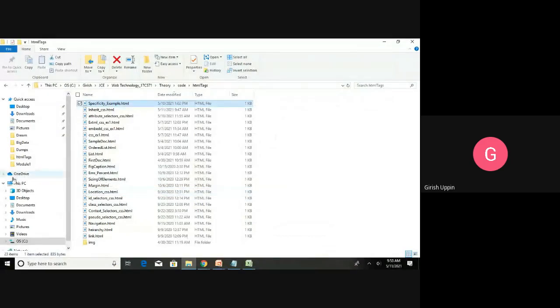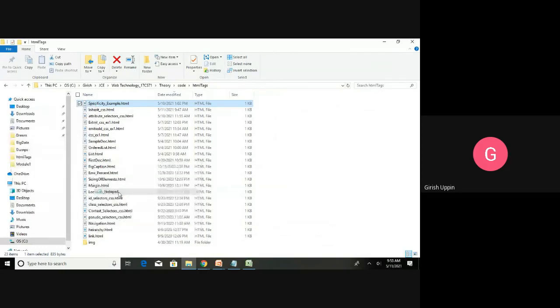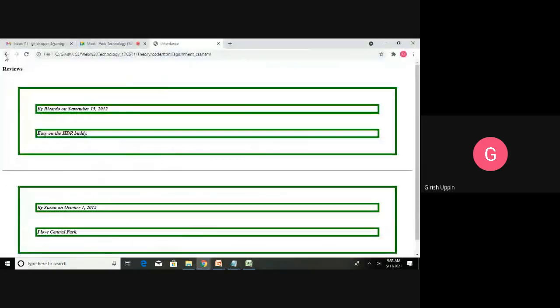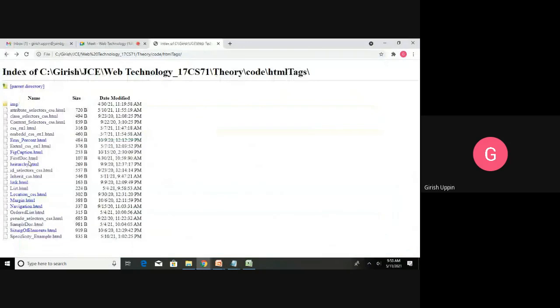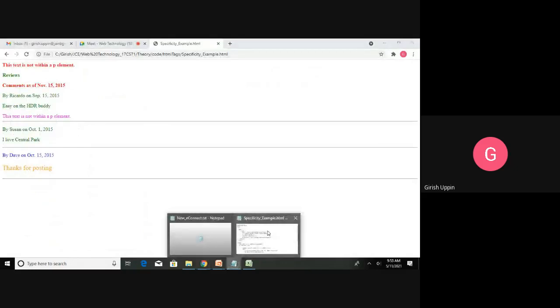Okay, specificity example. Right click, open with notepad, and I'll go to the browser and I will open specificity example. So this is how it will look like. Now I'll open the HTML and just do the comparison.